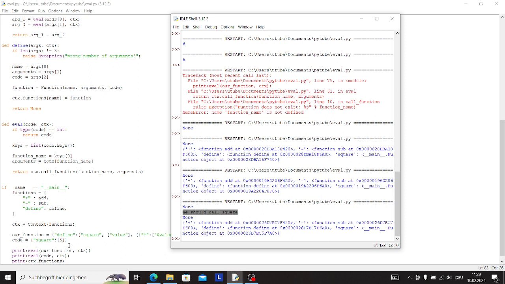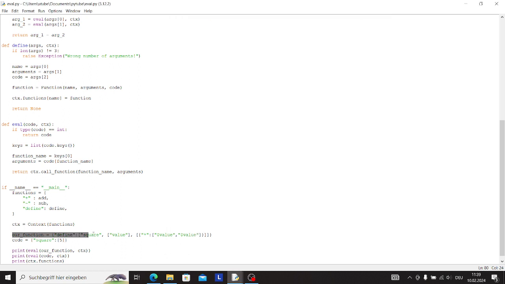So now we can see we have our part of the code that defines the function square, and we